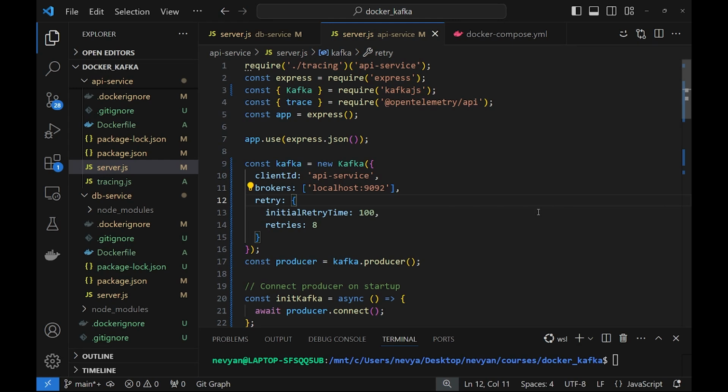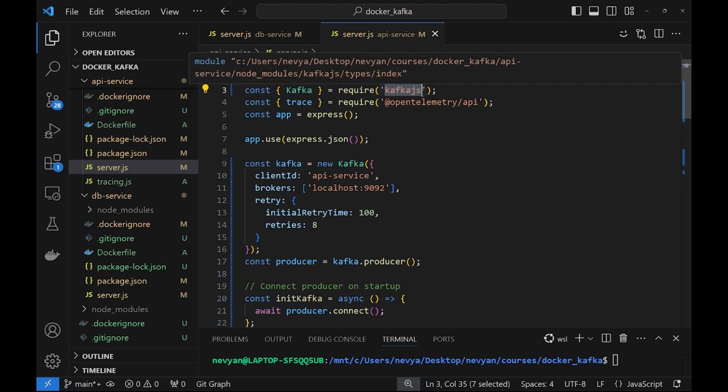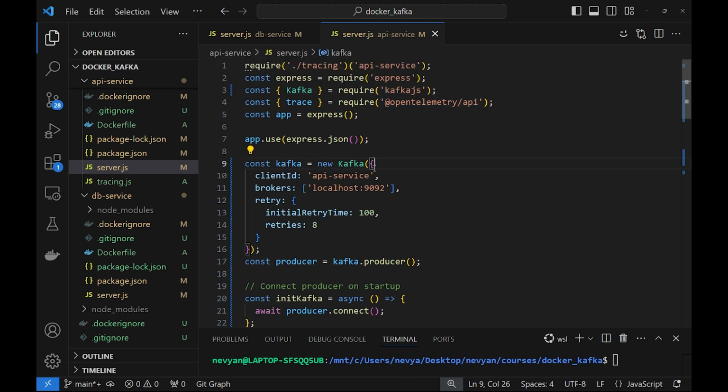Okay, guys, let's see how we can implement event-driven architecture in our Node.js Express-driven application. All we need to do is install Kafka.js, which is used as a platform to stream events. And of course, when it's installed, we configure it by creating a new instance of the Kafka class, and we are providing a client ID and a broker, which is the engine that will run on localhost on this